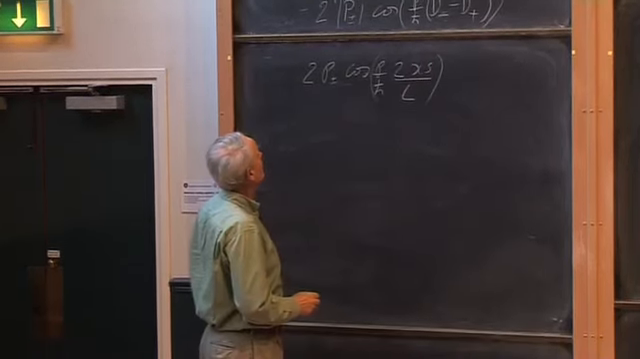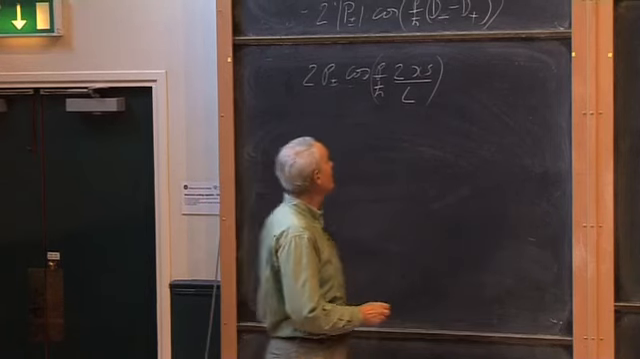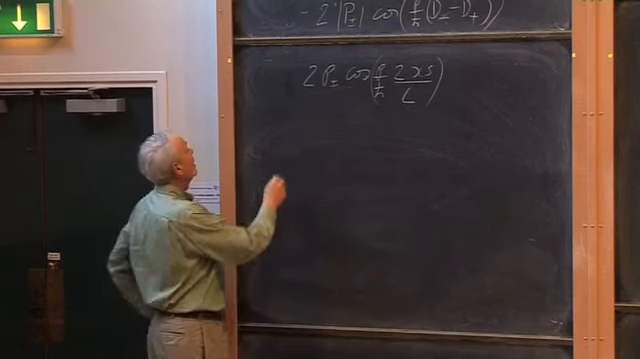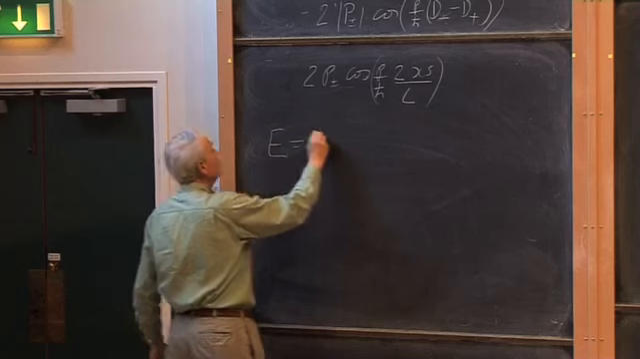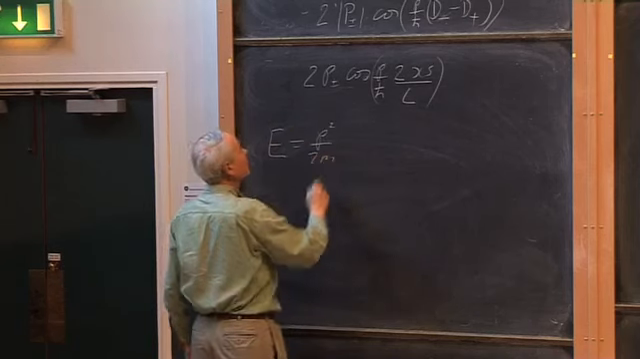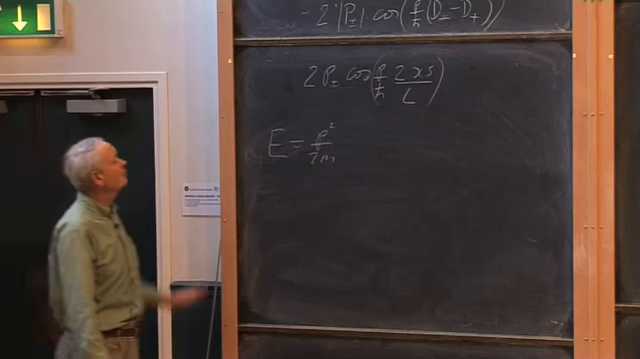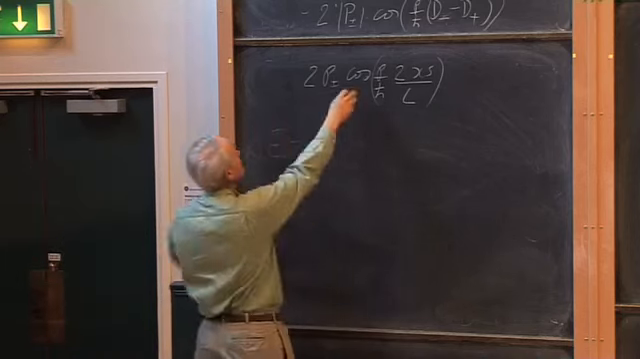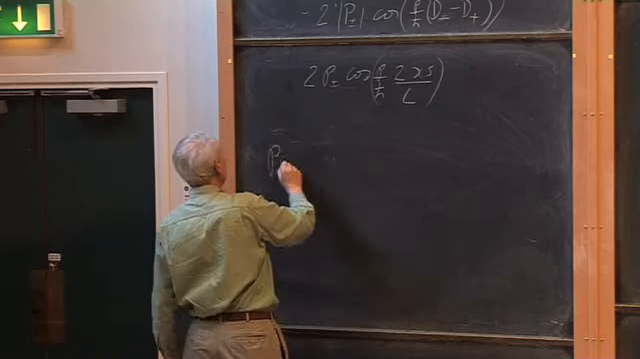So now let's put in some numbers, right? Suppose we take the energy, which is p squared over 2m. What do we want to do? What does this do? This gives us a probability of arrival